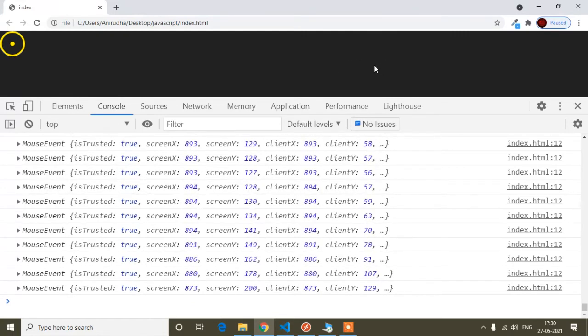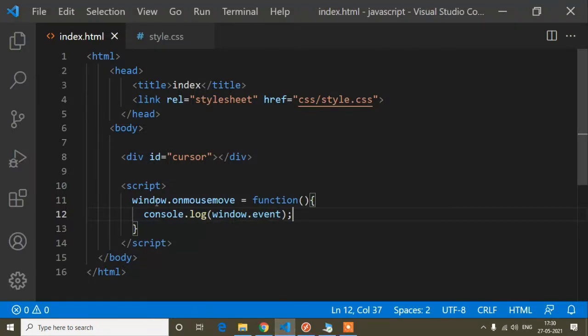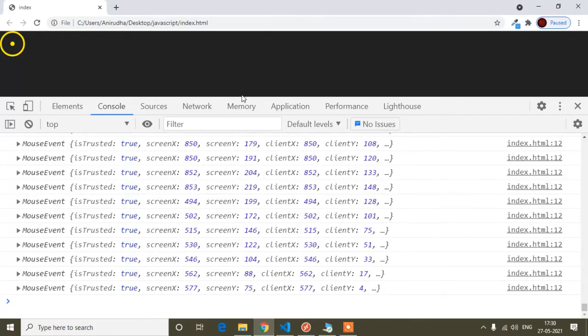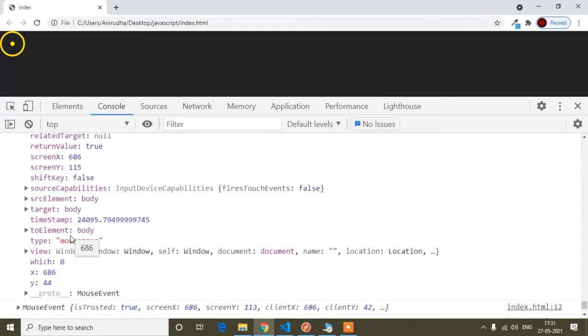If I click here, it would return a click event, but it will not, because I specified the event name, that is onmousemove. That means when I just move my mouse on this window, it will return the mousemove event, which is a mouse event, and here you will find all the properties of this event.